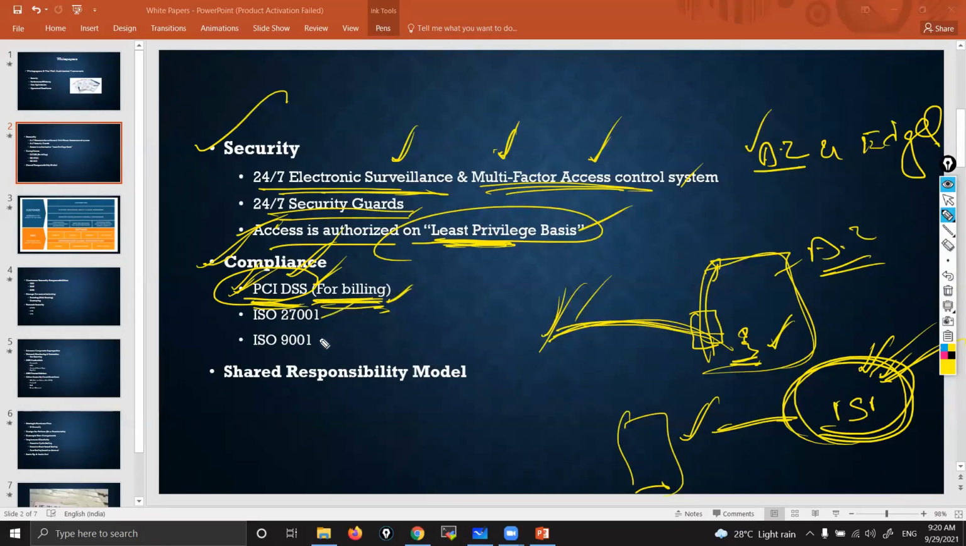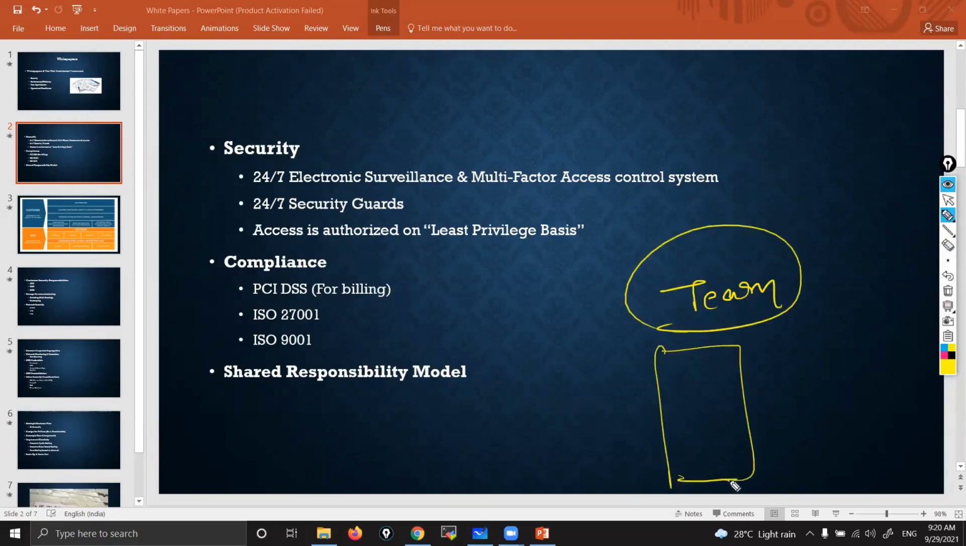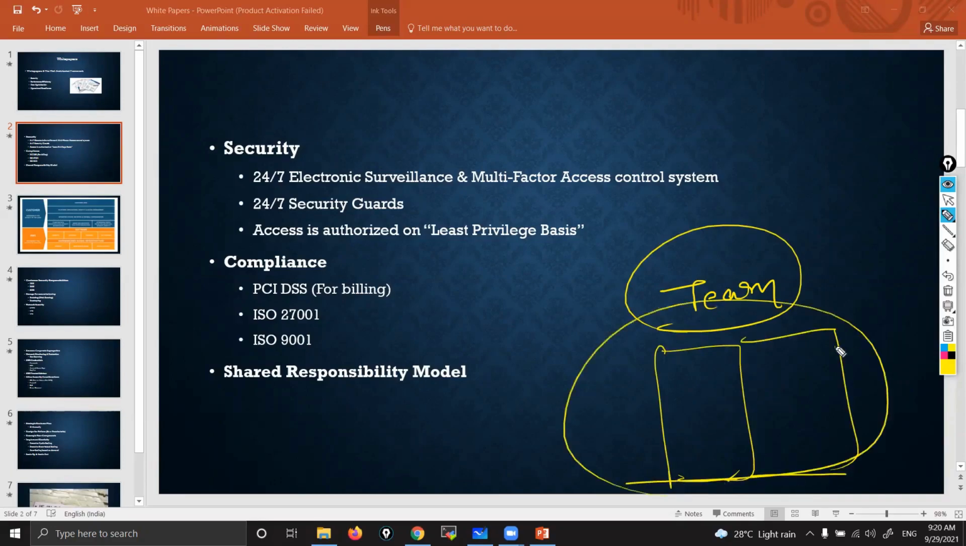Okay, same like that there are a few other certificates, ISO 27001, 9001. These are some companies' certificates. AWS has these. Okay, shared responsibility model. Shared responsibility in the sense, see, there are a few things. For example, if you want to get a job with a good package, it's not only my responsibility, correct or not? It's a team effort. Okay, so I need to teach well, you need to work hard, then only you'll get a job, correct or